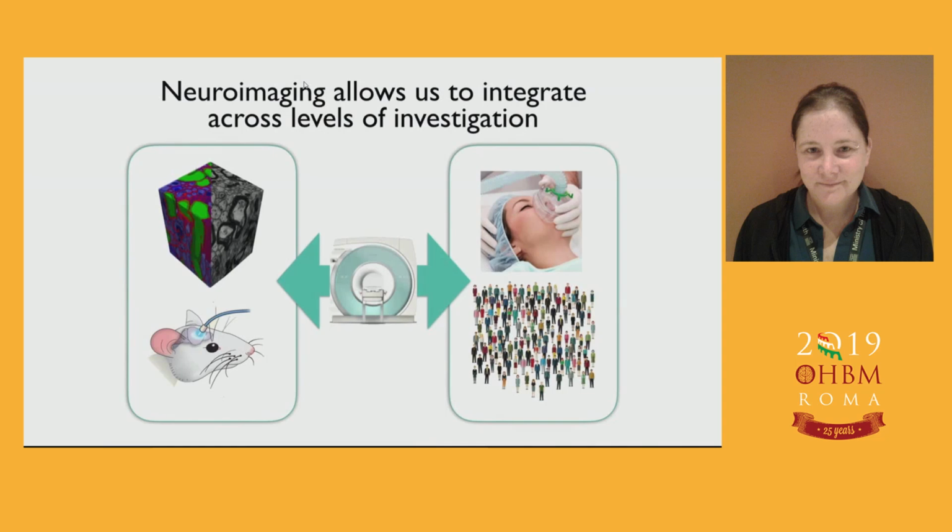So I showed this slide at the very beginning. And some of you may have realized that actually I've only focused on the upper left-hand corner, on using microscopy to tell us more about MR. What I want to very briefly do is give one example of how we could maybe achieve this greater integration with things like population imaging